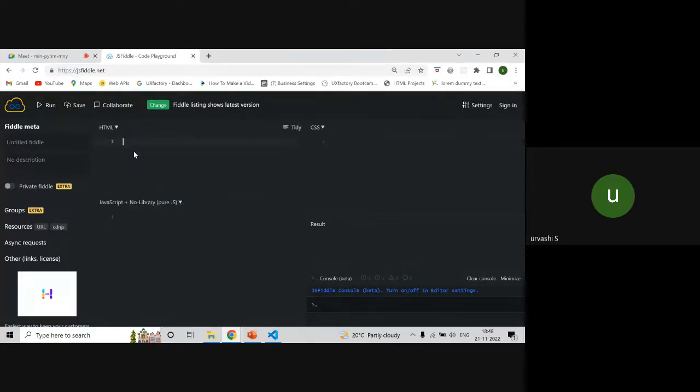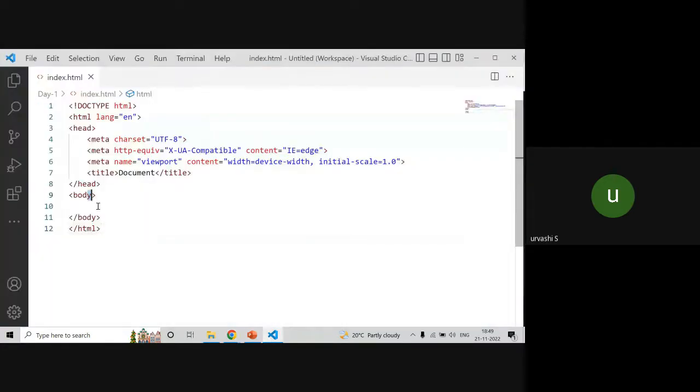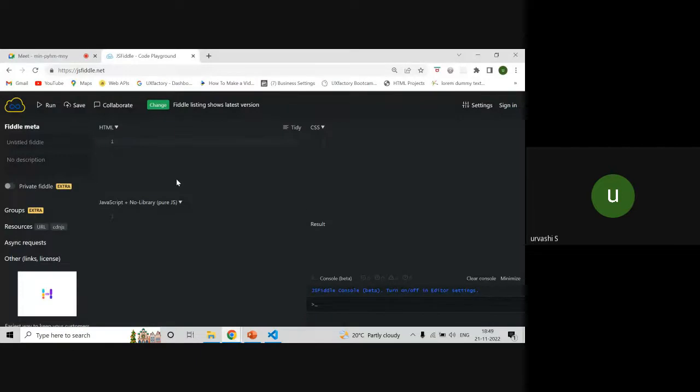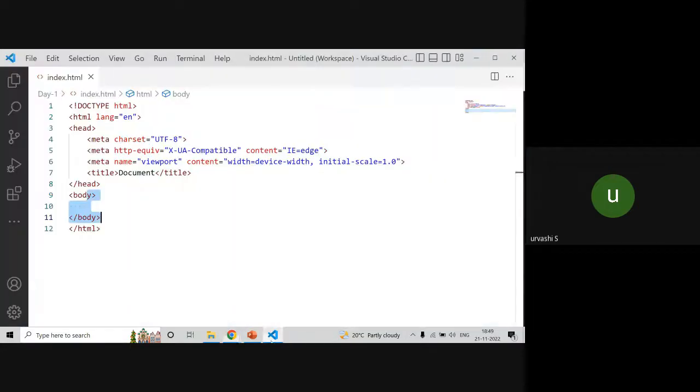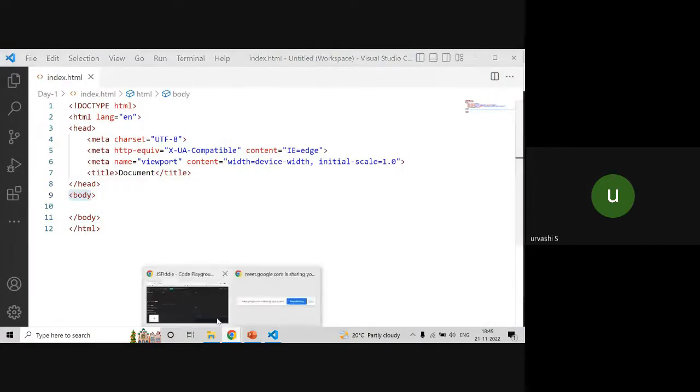It's already structured and everything is installed inside this JS file. You have to directly write your code from here, heading one. Whatever I will be writing in the body tab, that is what you have to write directly here. Those of you who are using mobile, using JS Fiddle, don't need to write anything as a structure in your HTML. Just leave it. You have to start writing from when I start writing in body.